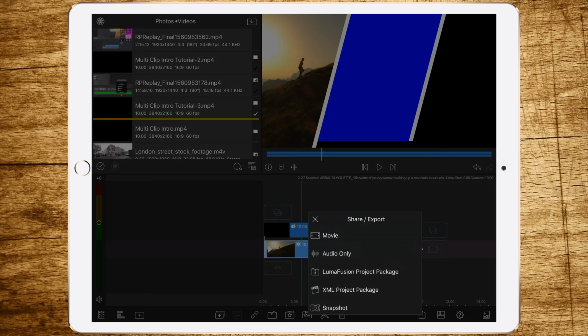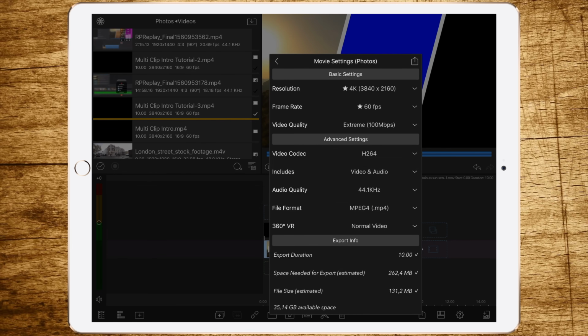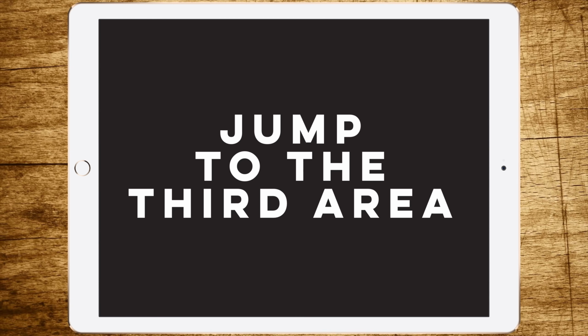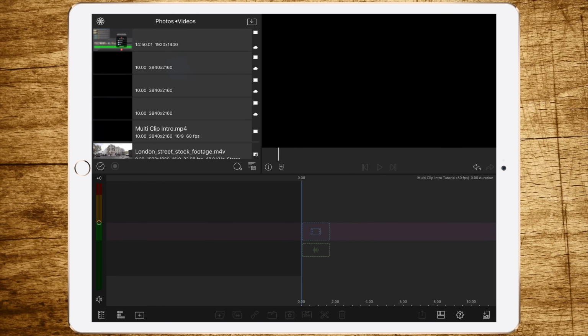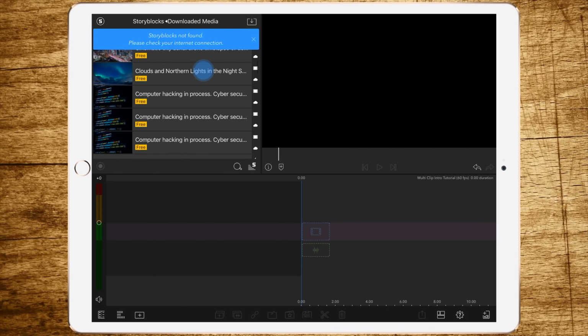Okay, then save the whole clip in your library with the settings of 4K 60 frames per second and Extreme. Then repeat this 3 times until you have filled all the colorful areas, so the green, the blue and the pink one. And one last time, delete it, choose the clip you want to have in the pink area.